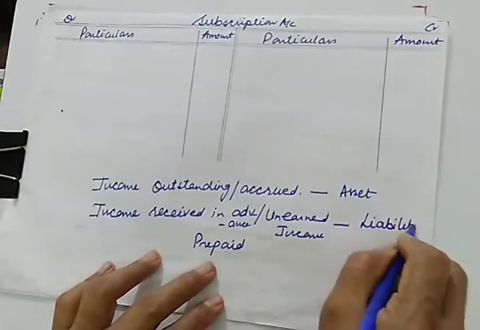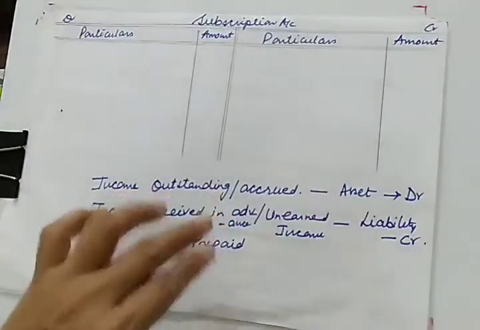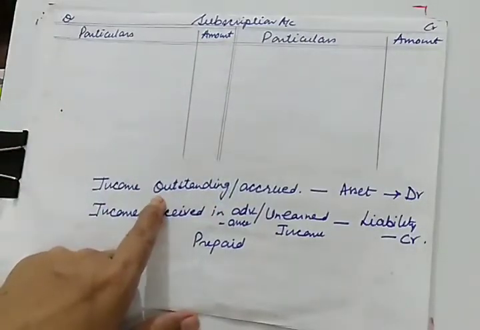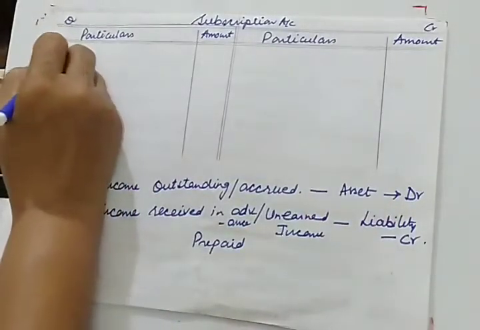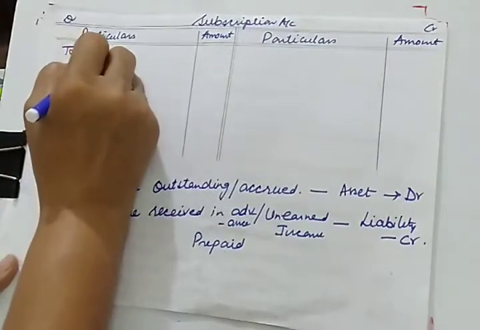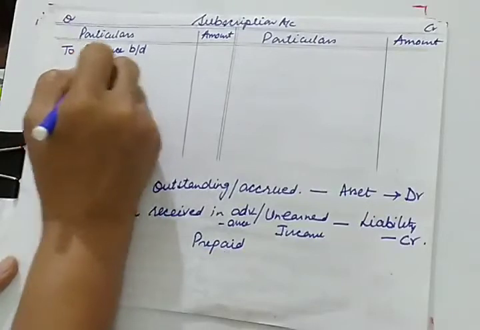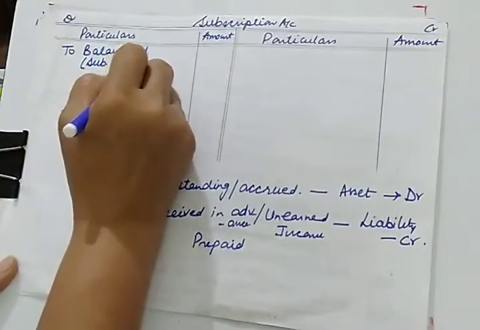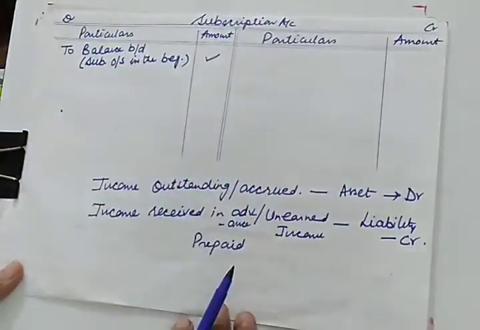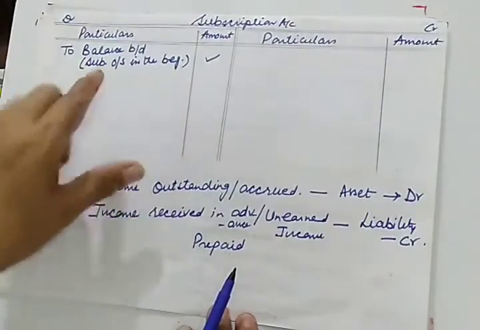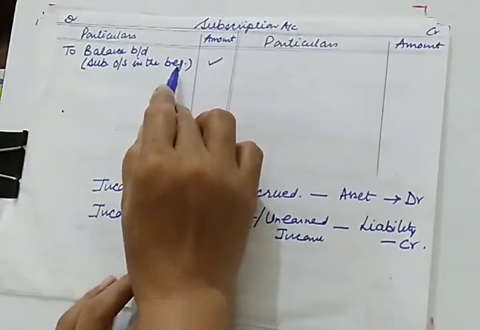And what is the balance of asset? Balance of asset is debit, and balance of liability is credit. So these are our starting point. So if income outstanding, meaning if subscription is outstanding, it will have a debit balance. So we'll write here to balance brought down. Here we'll be writing subscription outstanding in the beginning. I am using abbreviation because of shortage of space, but otherwise you need to write in full. So subscription outstanding in the beginning will be written here, and if opening balance is